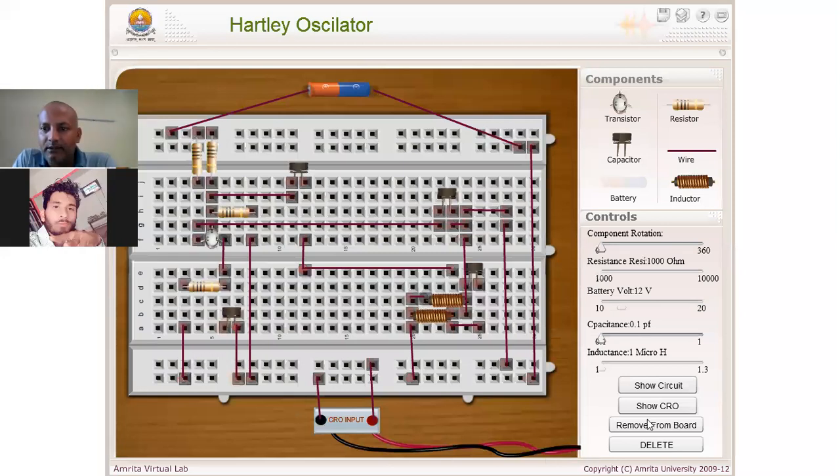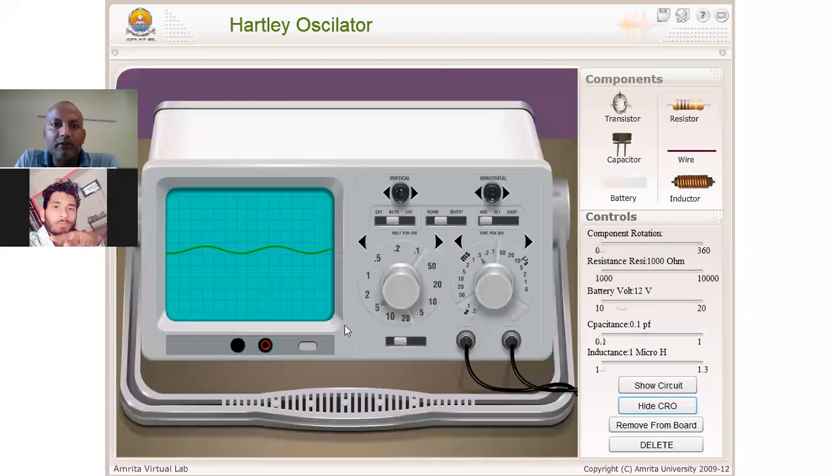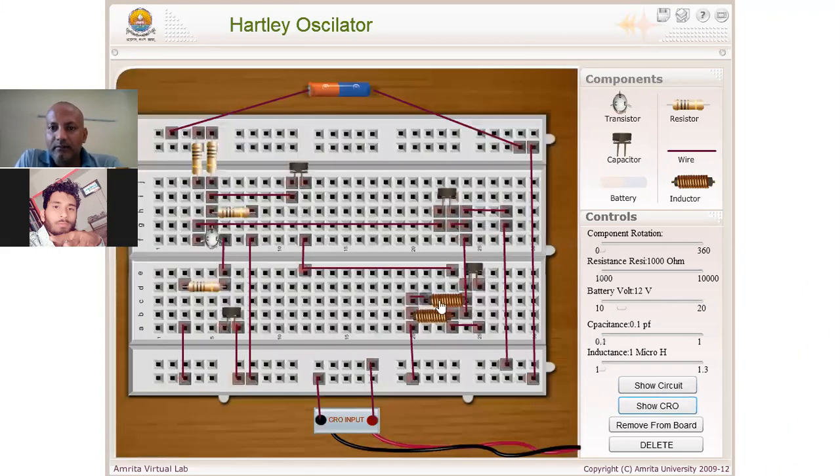Now we can check from the CRO. We are getting a sinusoidal wave. The frequency of this wave depends upon R, L and C. Hide the CRO. You can change the value of L from here, inductance 1 microhenry, L1 and L2.